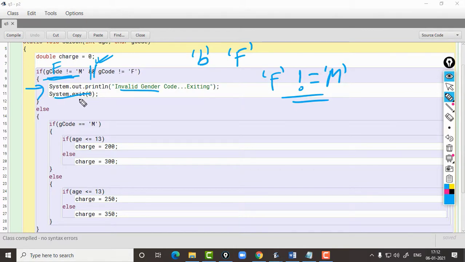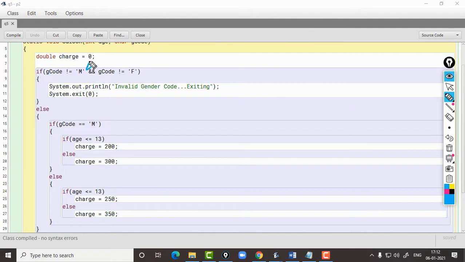But this is not what should have happened. F is a valid gender code, our program should not have exited. This is happening because we have got an or operator here. This condition became true, so the second condition was not checked. That is the reason why we need to write the AND operator here, so that both the values are checked.